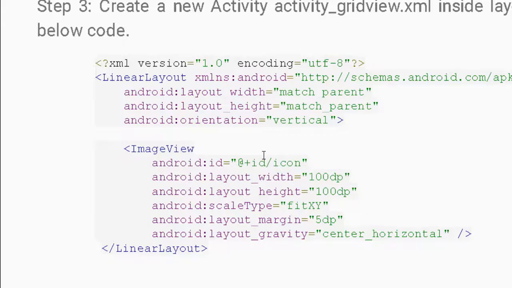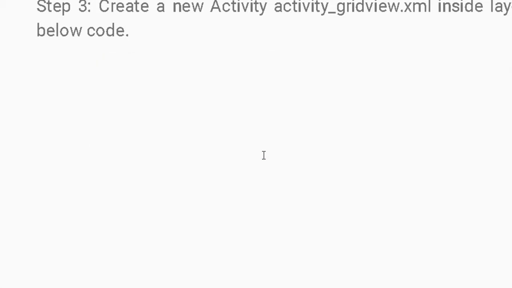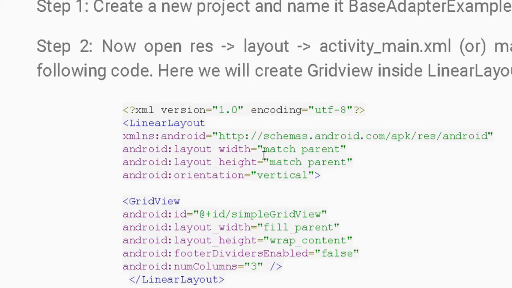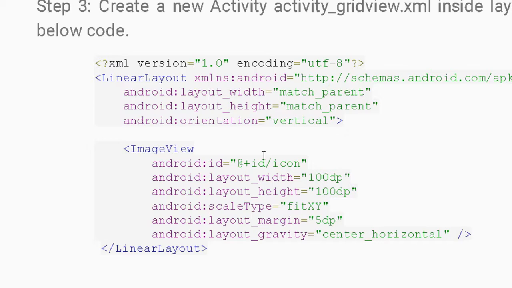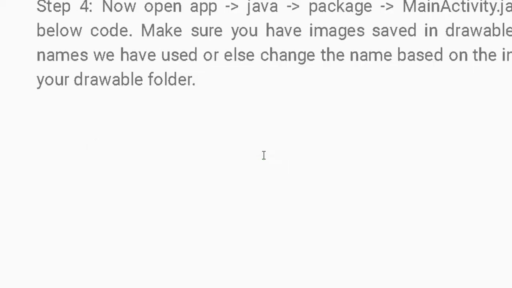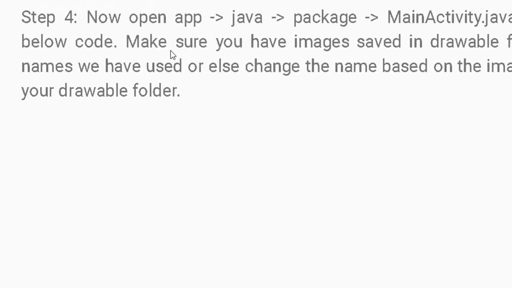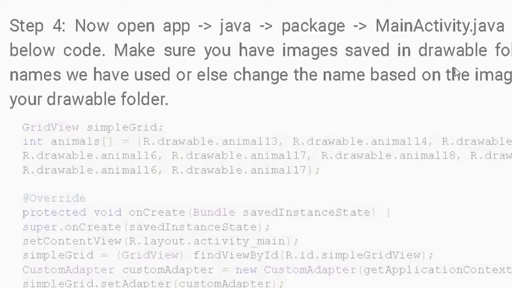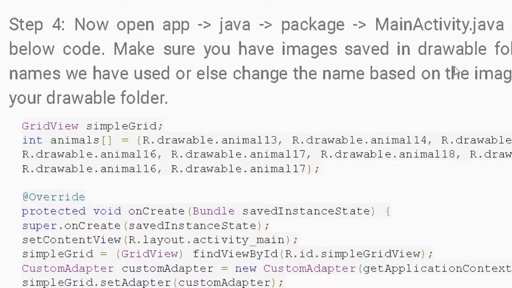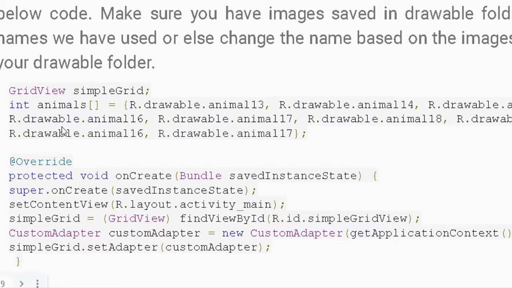So up to now, these are your steps. For step 1, we already created the project. For step 2, we already used activity_main with layouts. Then after, we are going to create a new activity with a grid view. And then after, let us understand the new or main part of this area, that is called the Java side. So before that, we have to open MainActivity.java, and we are going to add a few of the images like this. Please understand.